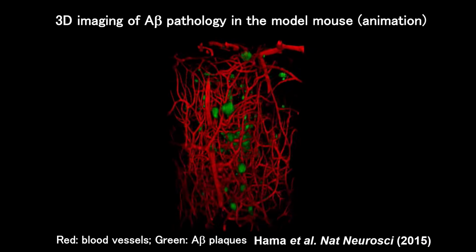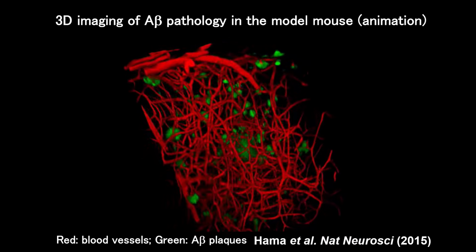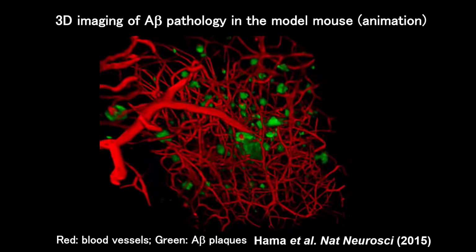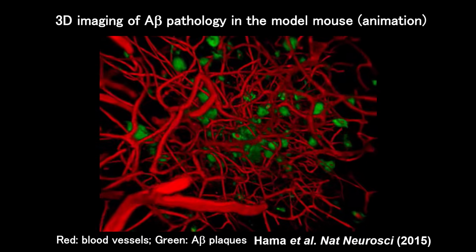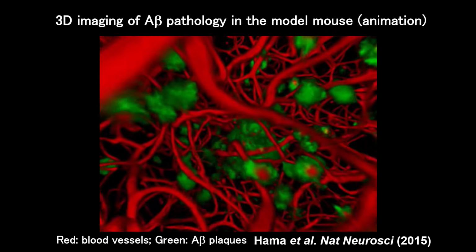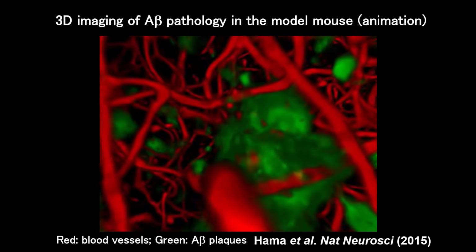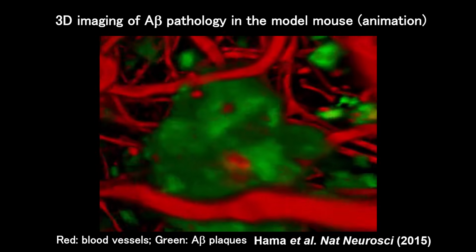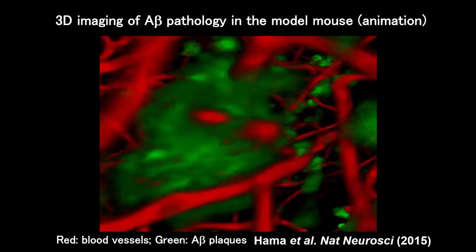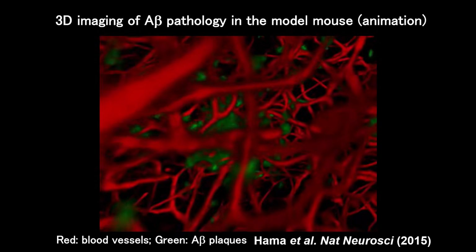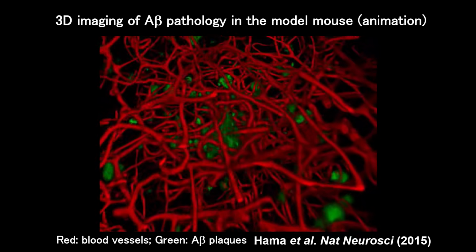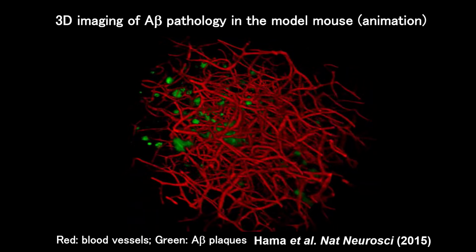This is a three-dimensional imaging of A-beta pathology in the APP NL-F knock-in mouse brain. The green indicates A-beta plaques, and the red indicates blood vessels. This experiment was performed in the laboratory of Atsushi Miyawaki at RIKEN CBS. Atsushi is one of the first scientists that made FRET, fluorescence resonance energy transfer, applicable to detecting protein-to-protein interactions in